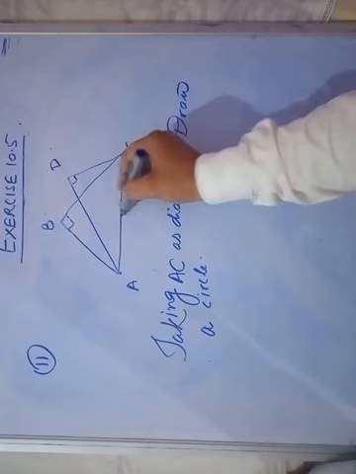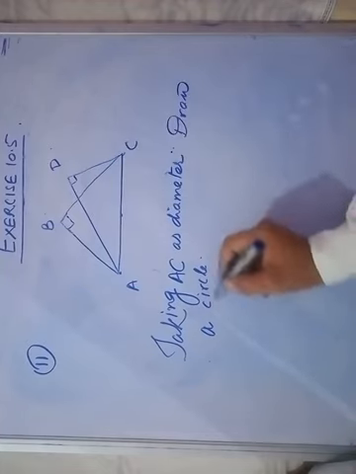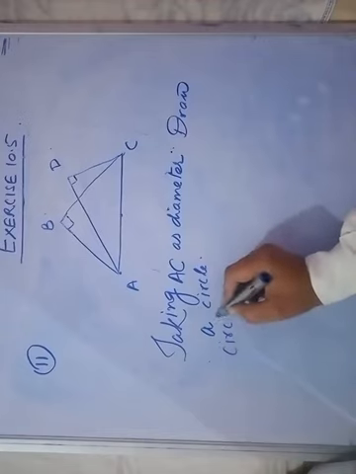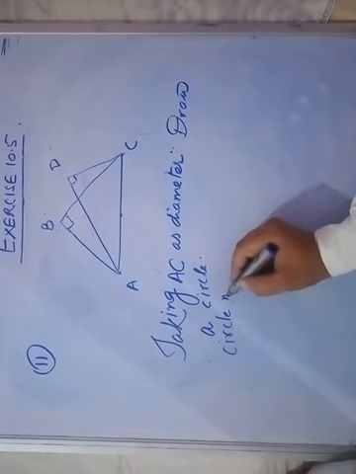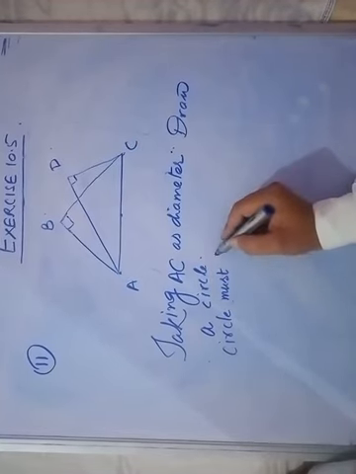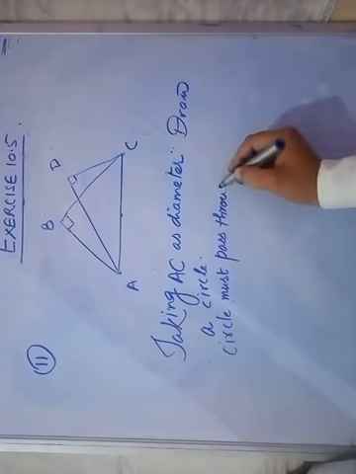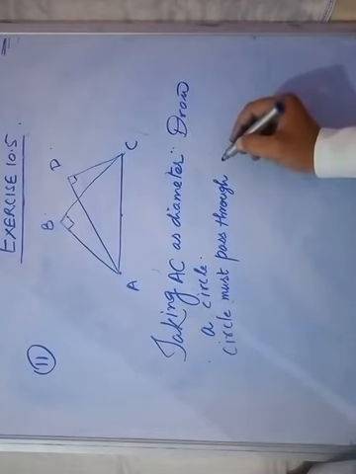Okay, taking AC as diameter, if we draw a circle, this circle must pass through B and D,